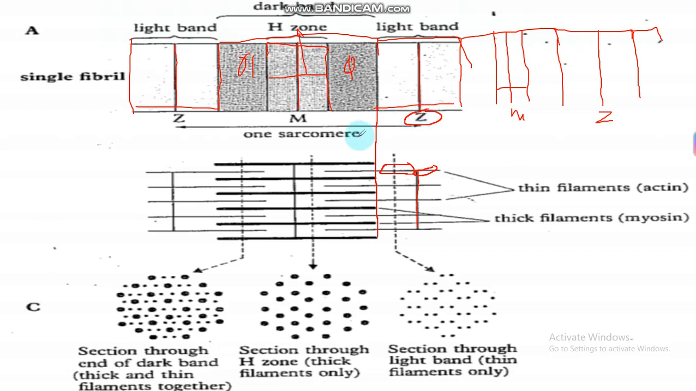Then, the dark band contains two regions. There is the middle one. There is this middle region starting from here